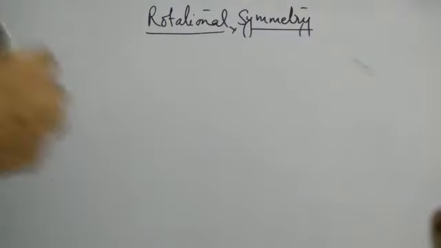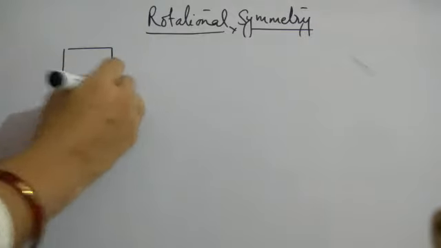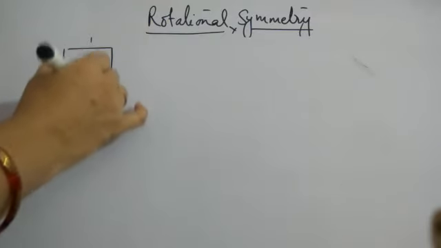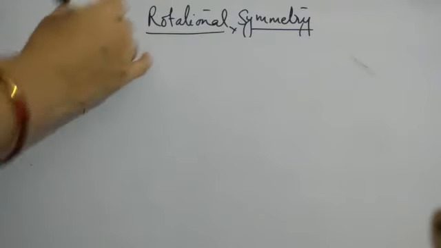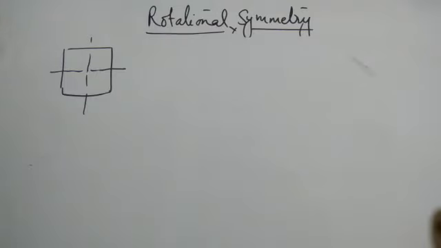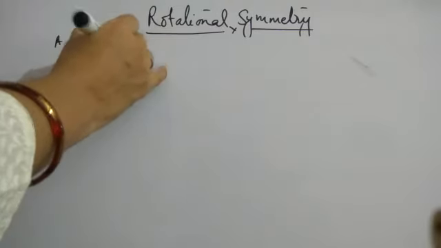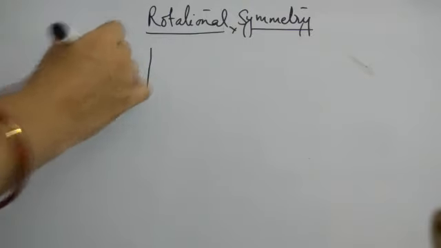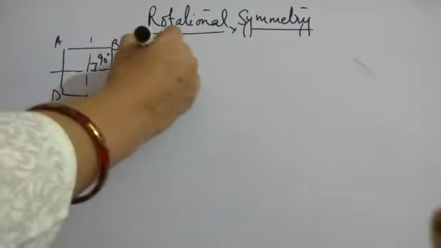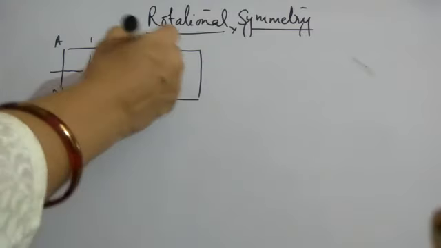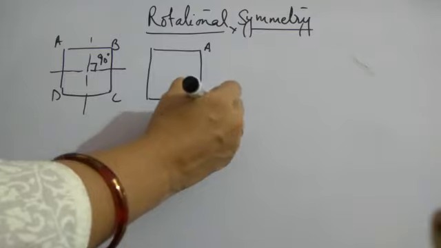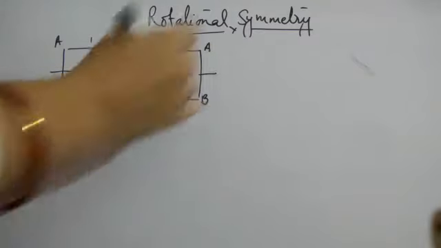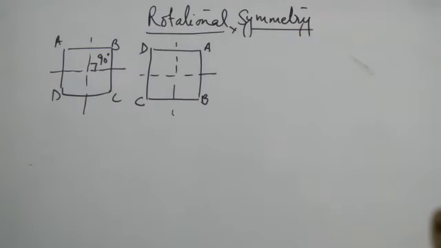Now we will take one more example of a square. Suppose you have the square, all the four sides are equal. Now this is the center of rotation, the intersection of the diagonals, right? Suppose these are the points A, B, C, D. Now you rotate, this is the angle of rotation, 90 degree. You rotate the square by 90 degree, which is the angle of rotation, this point A will come here, B will come here, C will come here and D will come here. But you will not be able to judge again whether the square has rotated or not.